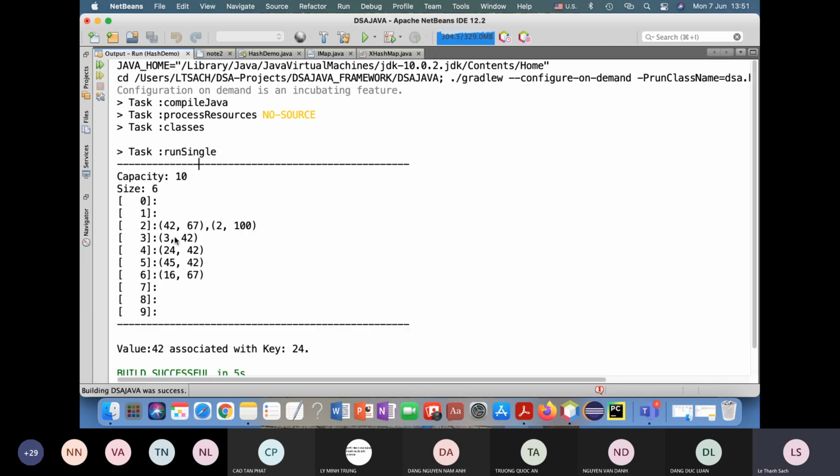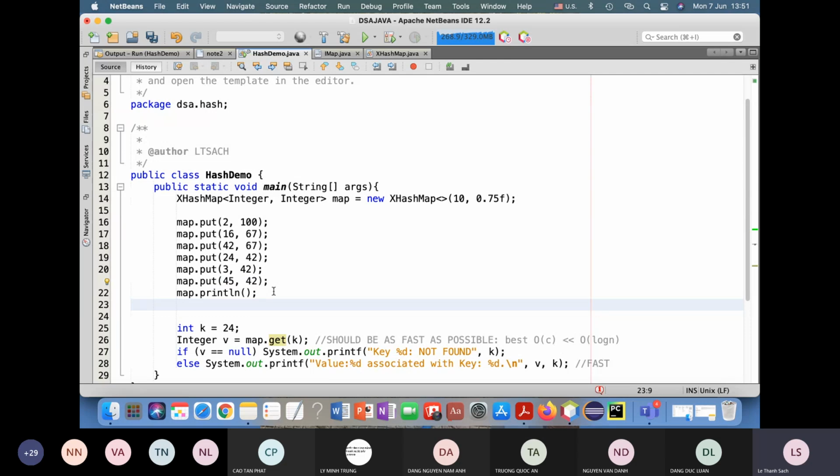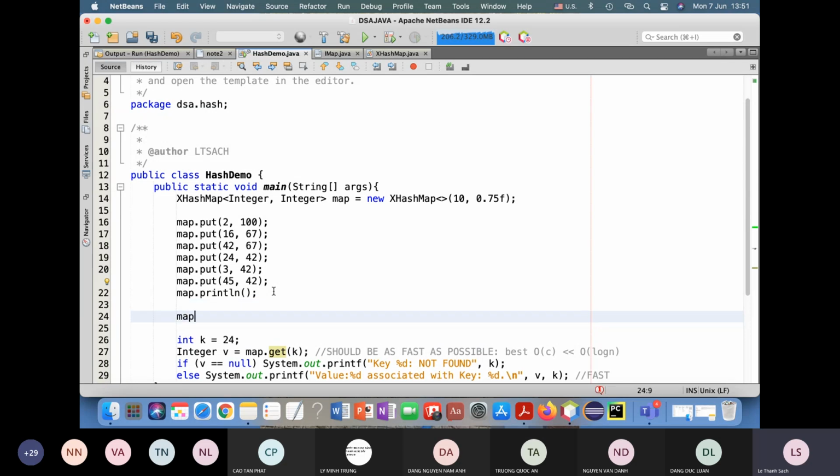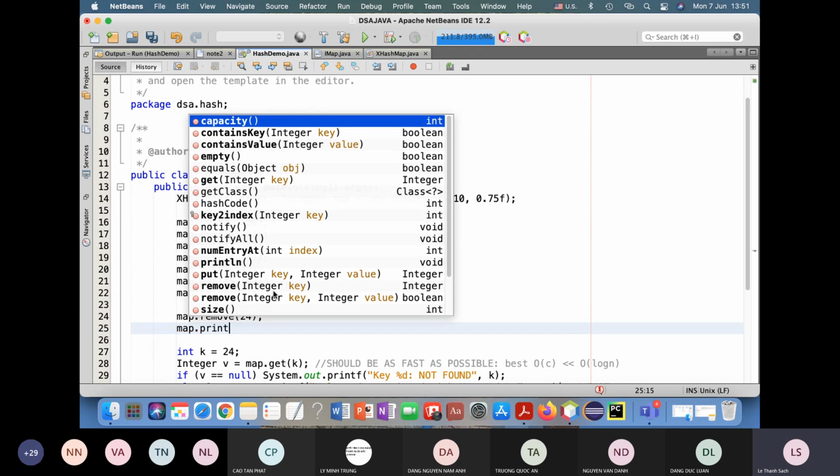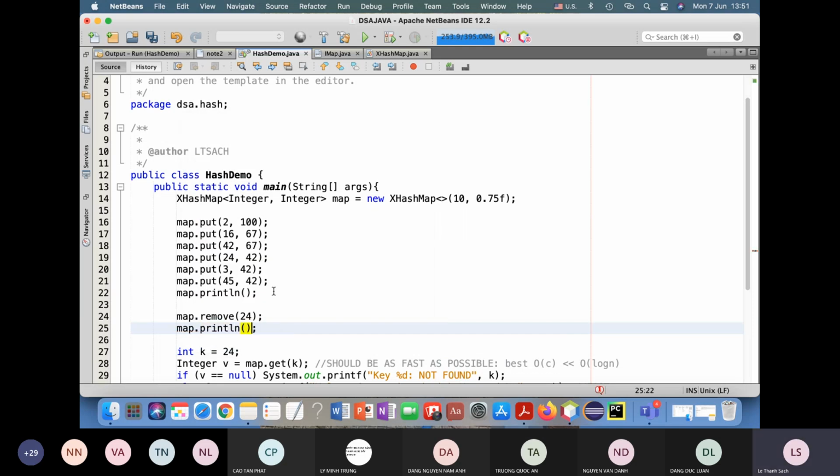Right, you can see here. But what happens if I remove? Map dot remove. I remove the key 24 right now. I print it again and dump it, and then you can see